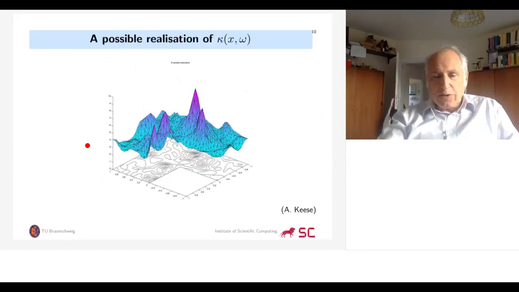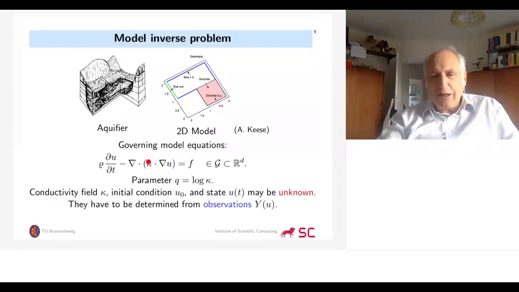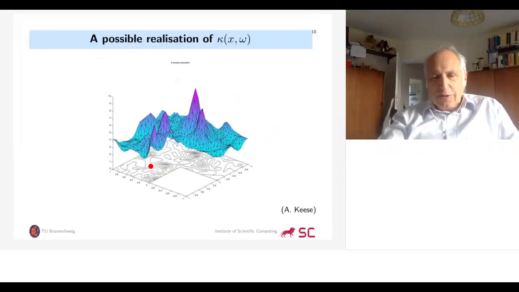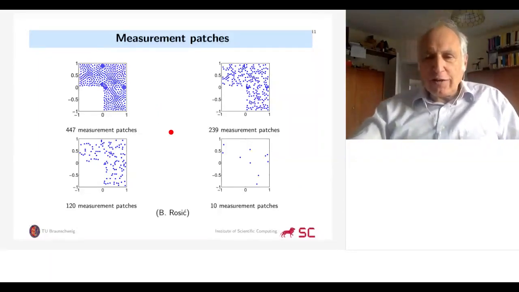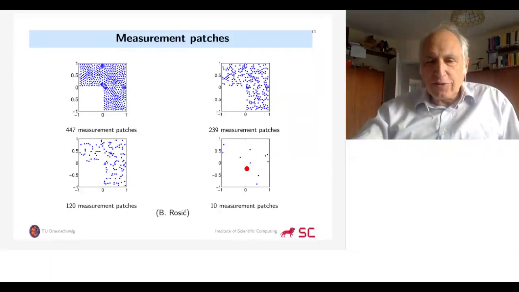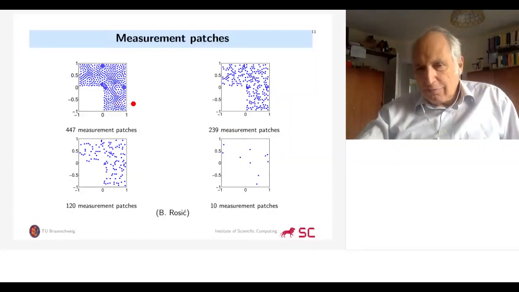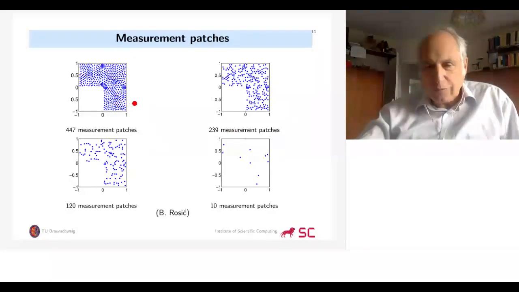Okay. Good, so this is one possible realization of such a kappa, assuming that it's scalar. As I said before, if you really have a random field, here you would expect that it's not isotropic, so that it's a little tensor, okay, at each point. Good, so now this is where you would measure, okay, so in this case here with a reservoir, you send out your doctoral students and let them drill holes. Everywhere there's a blue dot, there's a hole being drilled. Okay, there's 10, 120. Here you have a whole lecture hall sending out all drill holes. Everywhere where there's a blue dot, there's a hole, and they measure U or kappa or both. Okay,